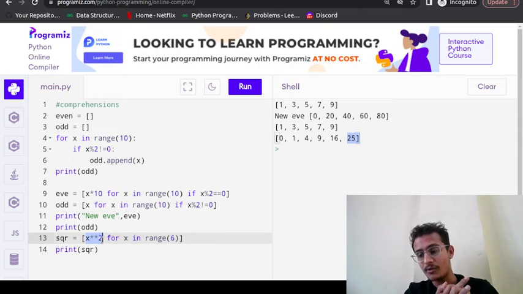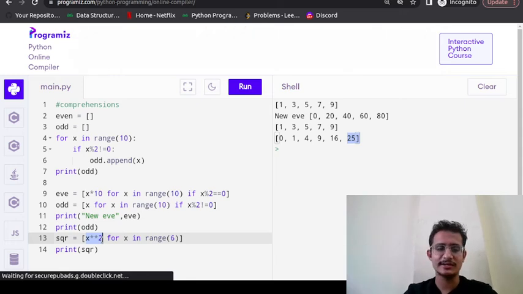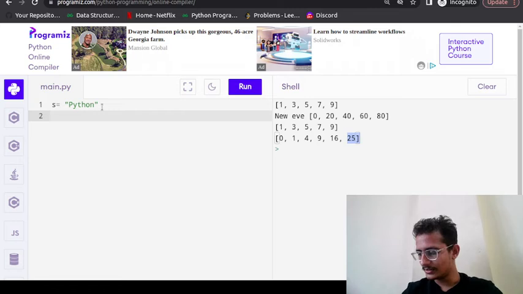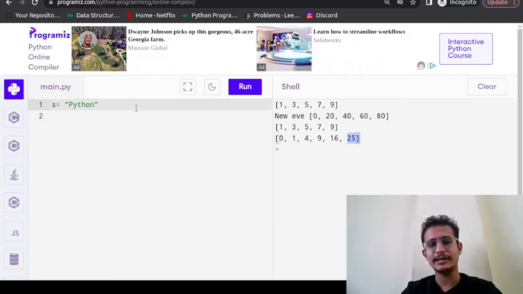Okay, now again there are a lot of things, like let us take one example for the string, because I think you have got a good idea how to write these. Suppose you took one example of a string, let's say Python is a good language. Okay, this is the string.